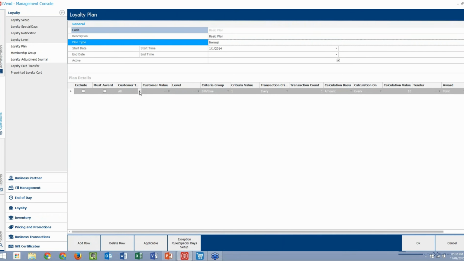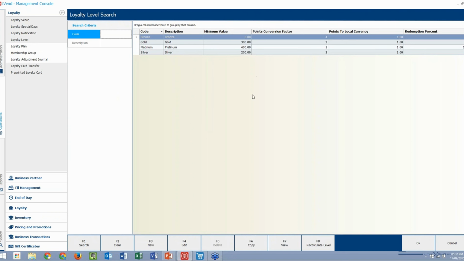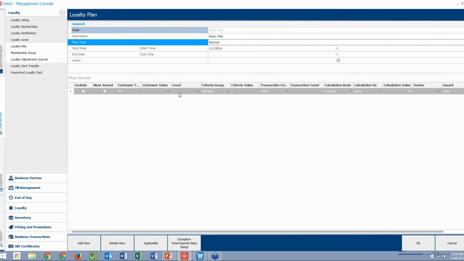And over here we get the customer type. Here we can set this to be either a specific customer code or a customer group. Once again, if we select customer code or customer group, then we can enter a specific customer value over here. Over here we have level. We can select a specific loyalty level if we want to apply this to a specific customer. Next up, we have the criteria value,